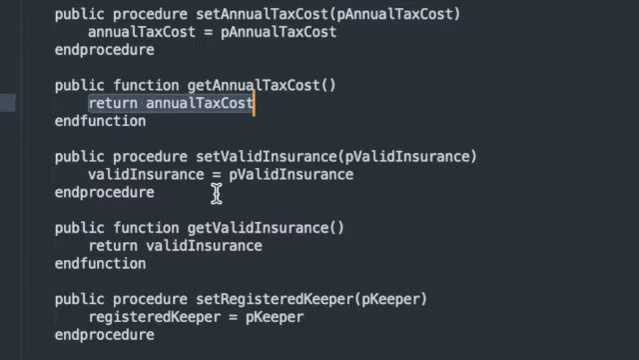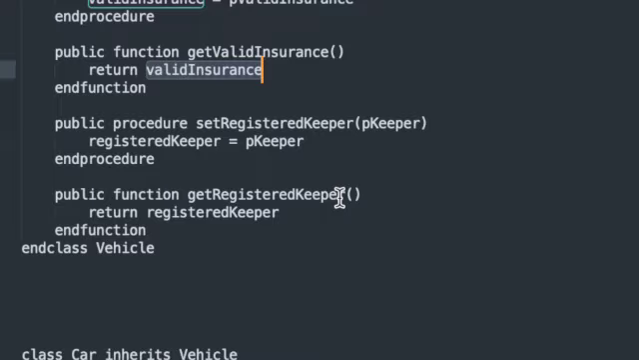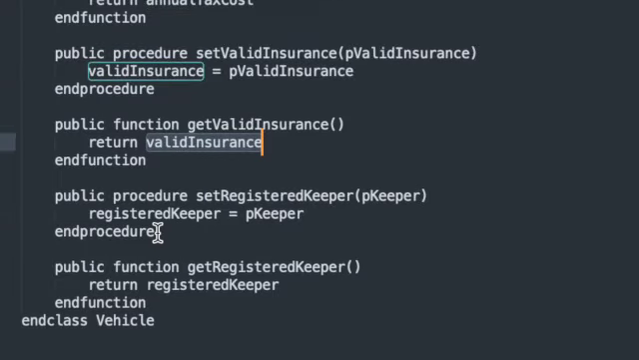Very similar setup for our procedure set valid insurance. We have our mutator method taking the parameter P valid insurance, assigning it to the attribute valid insurance. That is the end of that procedure. Then we have our accessor method, our get valid insurance, again does not require a parameter, and it returns the contents of the attribute valid insurance. So we have our return command as usual, and exactly the same format for our